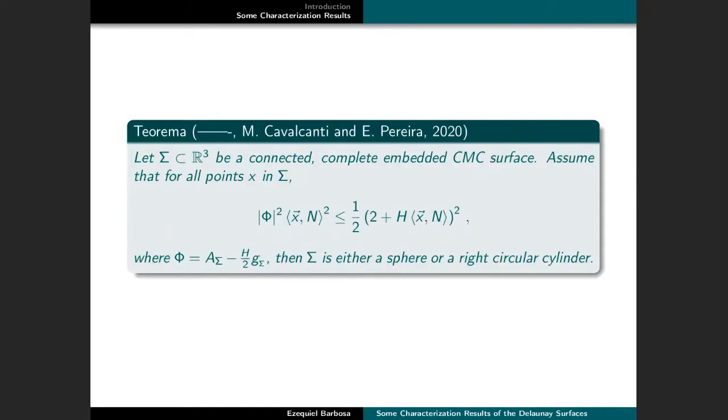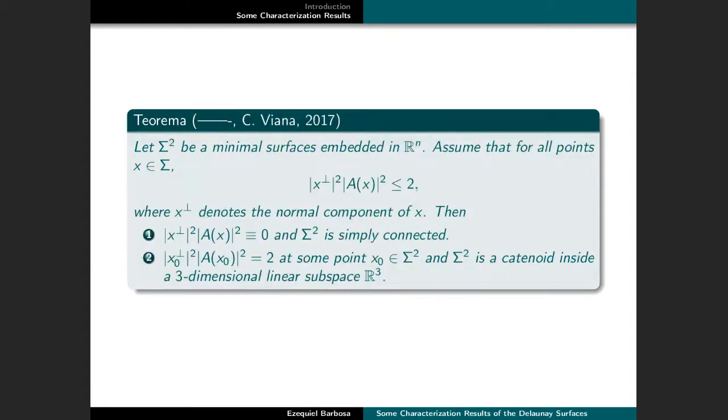Then we obtain that the CMC surface, connected, embedded, complete, satisfying this quadratic decay of curvature, should be just the spheres or right circular cylinders. Okay, so if we